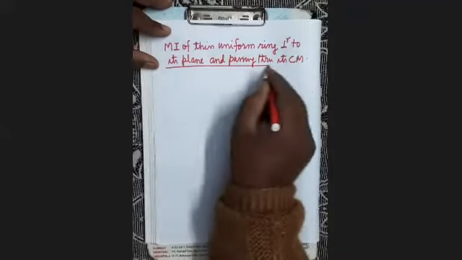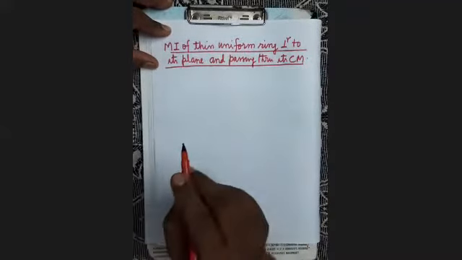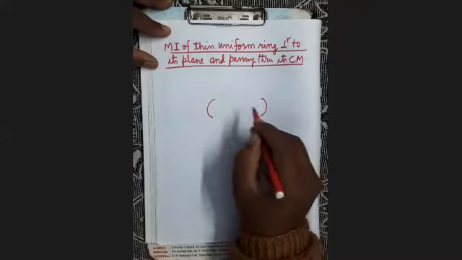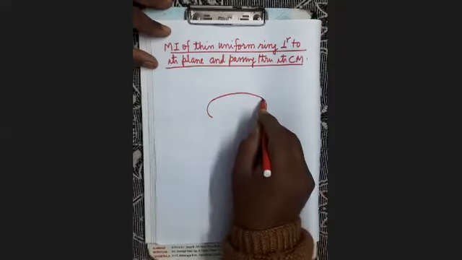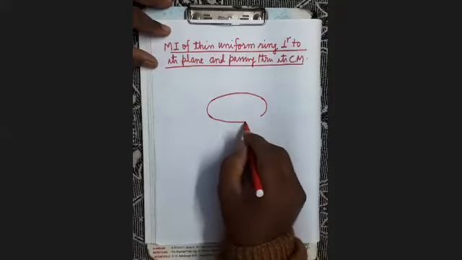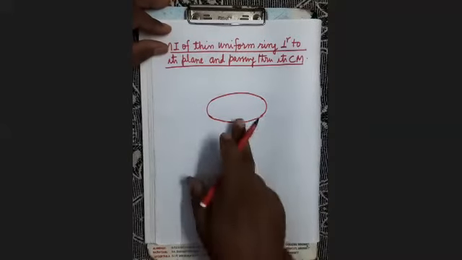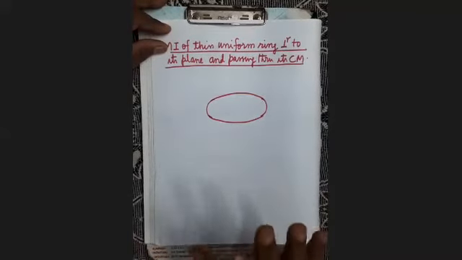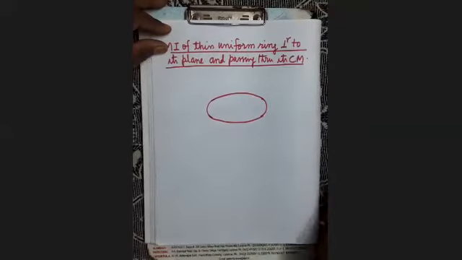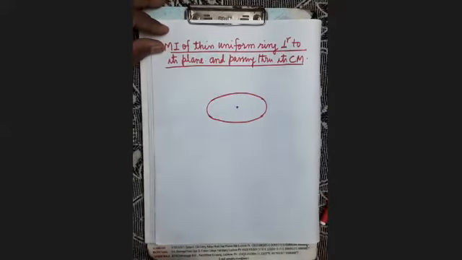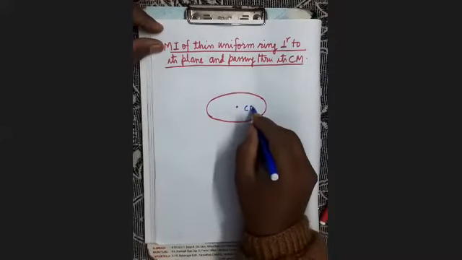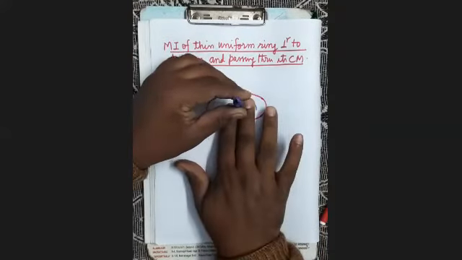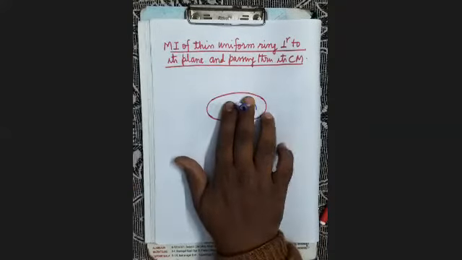Now, as we know, the ring will be circular in shape. Here I made the ring on the plane of paper. Though it looks oval, the actual shape will be circular. Where will be the center of mass? The center of the ring will be the center of mass. You have to determine the moment of inertia about this axis. It's clear.